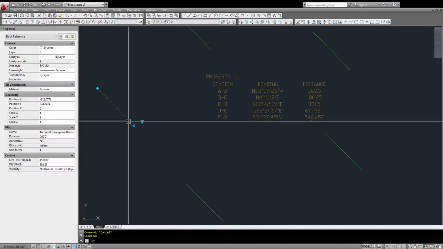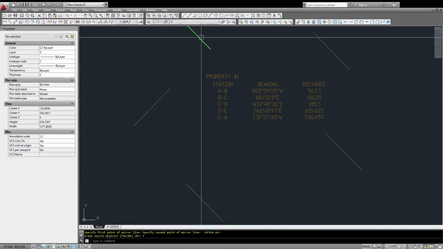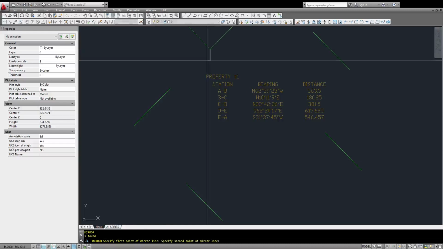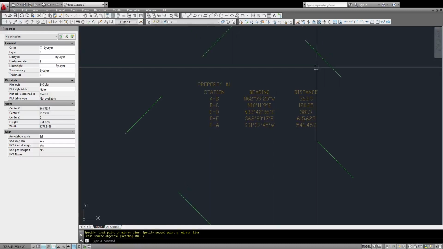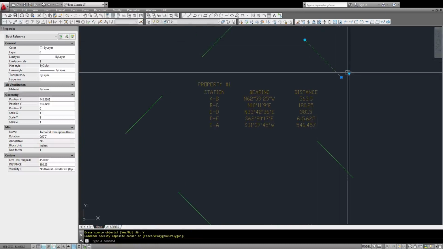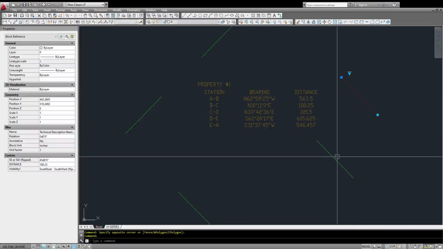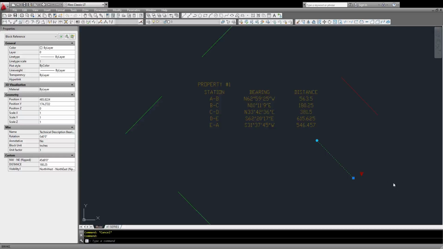So we need to flip this, and we need to flip this because this is northeast, and then this one is southeast,